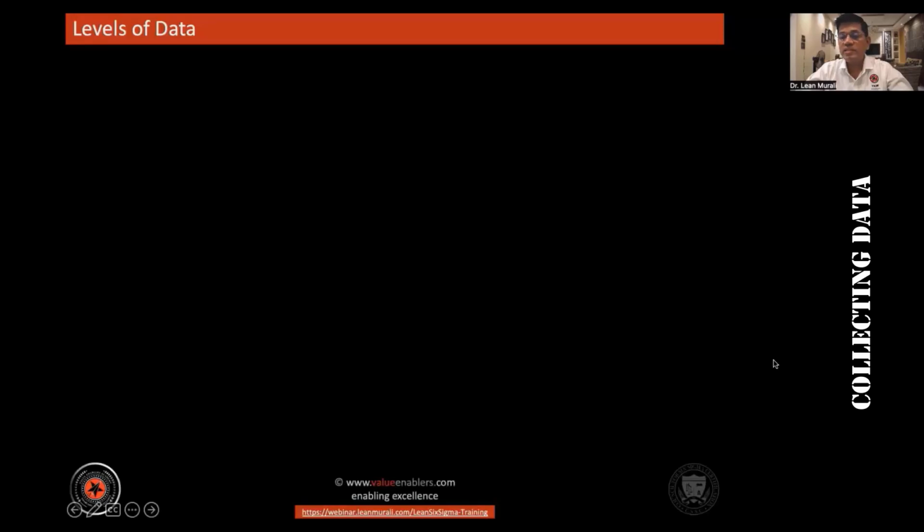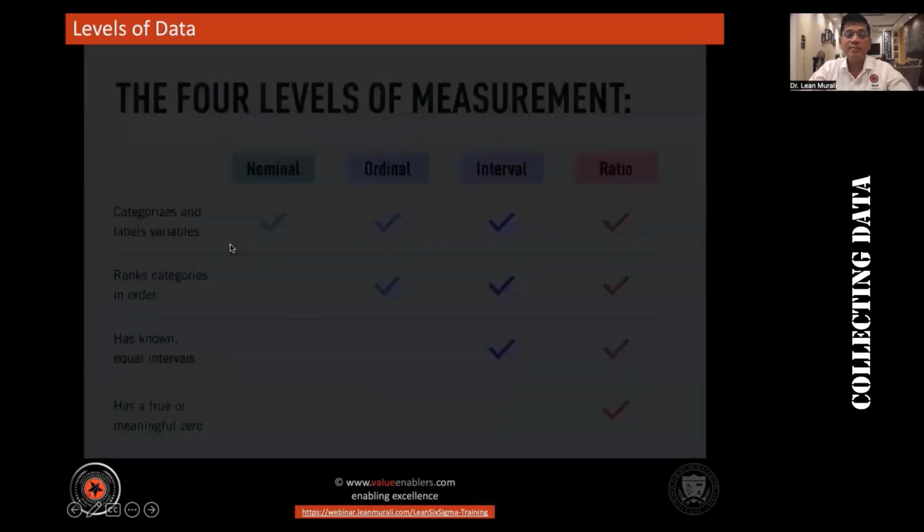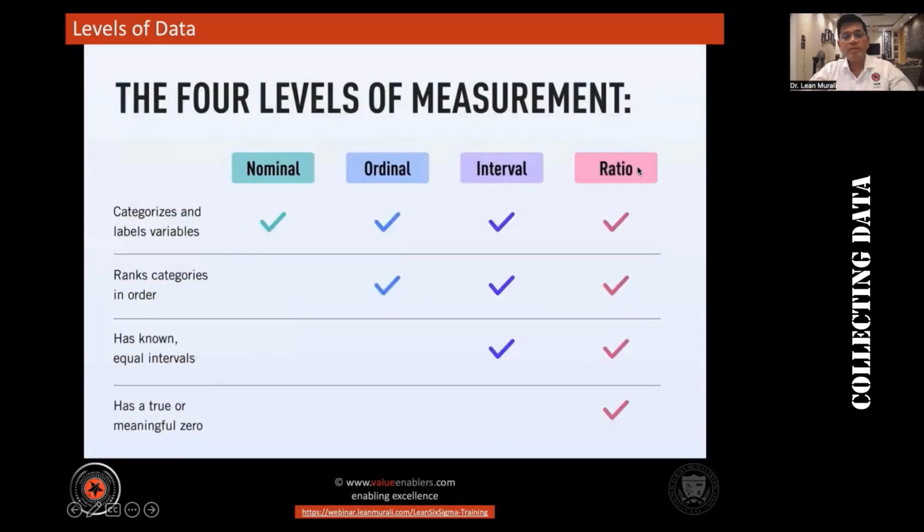All right. Now let's see the levels of data. Okay, all of you type LOD in the chat box. Let's see the levels of data. Whatever we talk about in the attributes, we are going to explain in depth in the levels of data. Now, there are 4 levels of measurement in data: nominal data, ordinal data, interval data, and ratio data. How many of you find it interesting? Type interesting in the chat box. Let's see how many of you type that you find it interesting.